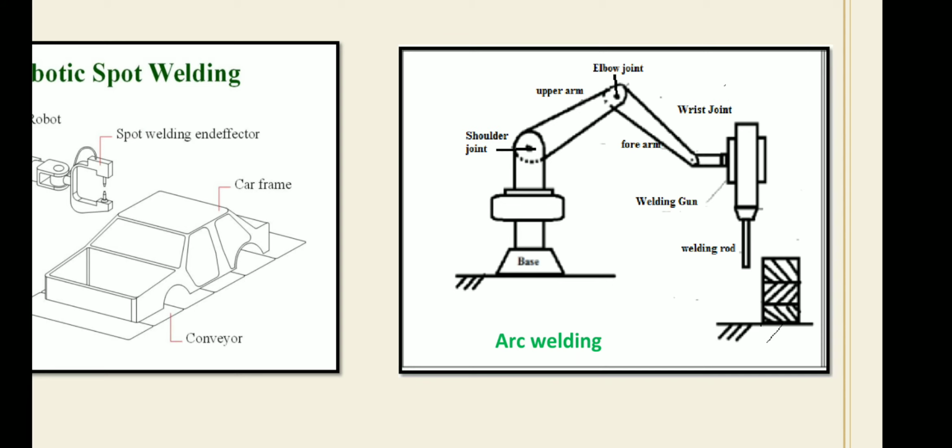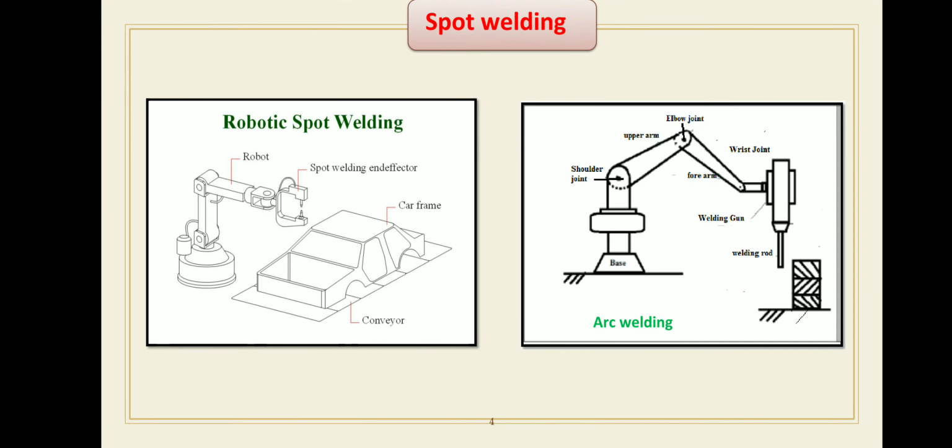So the future capability of robot welding, or exactly the construction detail of arc welding and spot welding. The construction detail of an arc welding robot is similar to a human hand. It consists of 4 mechanical links and 3 joints: shoulder joint, elbow joint and wrist joint, and 4 mechanical links, link number 1st, 2nd, 3rd and 4th.